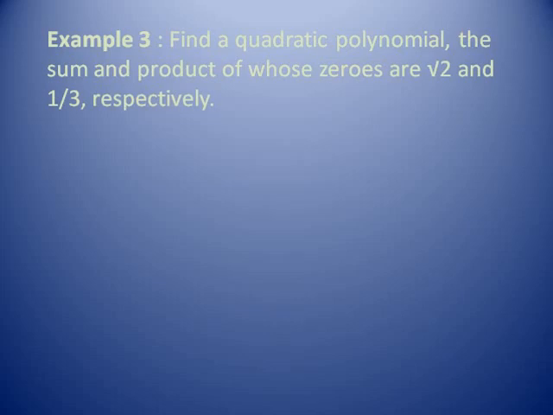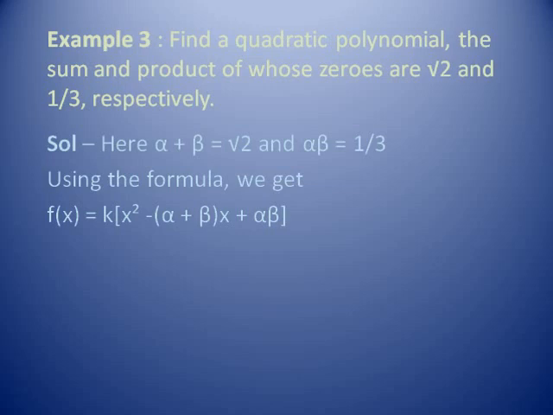Example 3. Find a quadratic polynomial, the sum and product of whose zeros are square root 2 and 1 by 3 respectively. Here, alpha plus beta is equal to square root 2 and alpha into beta is equal to 1 by 3. Using the formula f(x) equals k[x square minus (alpha plus beta)x plus alpha into beta], we will substitute the values of alpha plus beta equal to square root 2 and alpha into beta equal to 1 by 3. We get